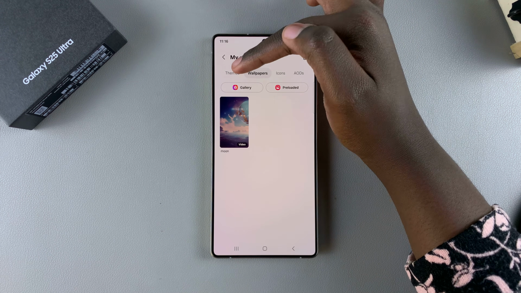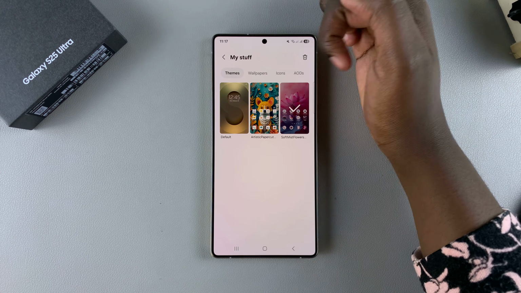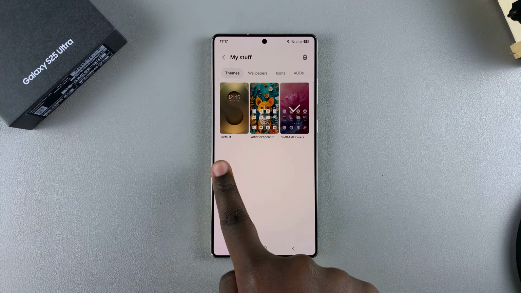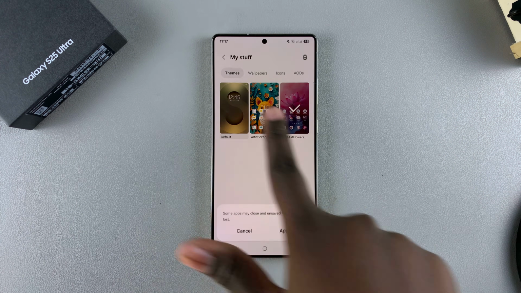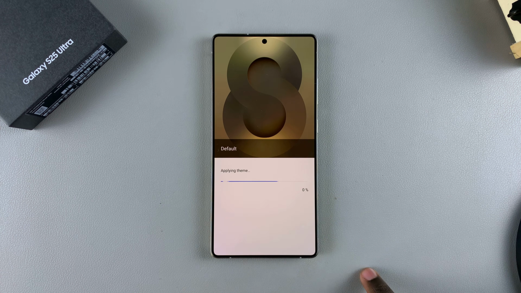So you want to ensure that you're under Themes. Once you're under Themes, you should see the option labeled Default. So you want to tap on it, then select Apply. And this will now switch you from your current theme to the default theme that you first got used when